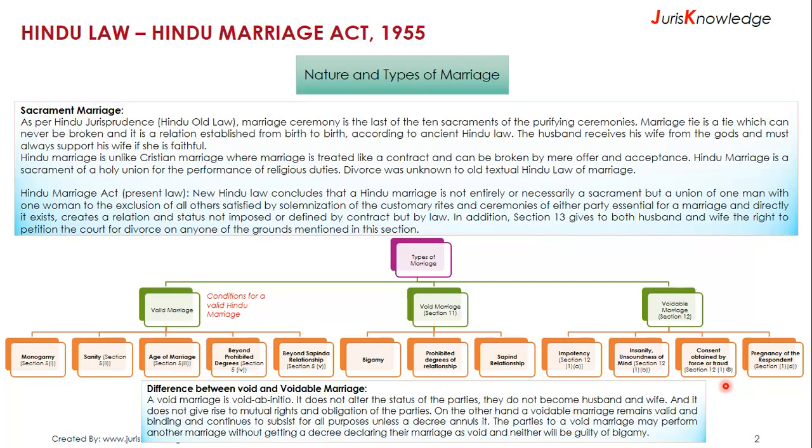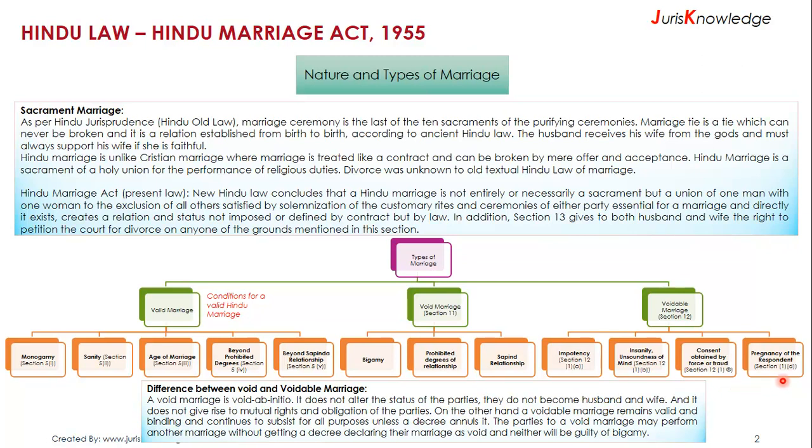The third one is consent obtained by force or fraud, which is defined in section 12(1)(c). If the consent to the marriage contract was obtained either by fraud or by force, then there are grounds for an annulment. If the person who has been threatened or deceived about the marriage contract continues to live with the spouse after the discovery of the fraud or the deception, or after being forced into the marriage, it is possible that this ground may not apply.